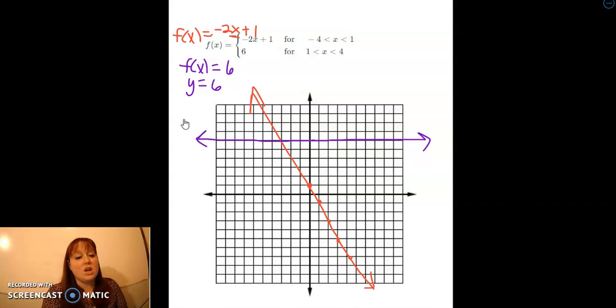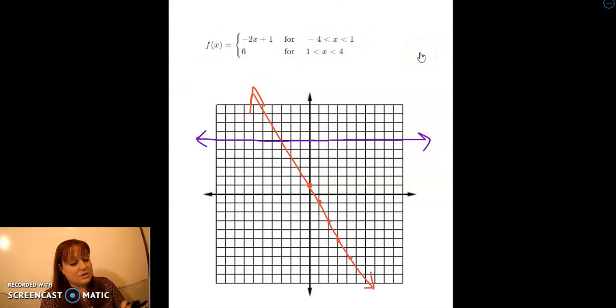Okay. So now comes the fancy piecewise part, because remember, I don't want to see both of these functions for the whole thing. I only want to see the red function when x is in between -4 and 1. So I take my highlighter and I go in between -4 and +1. I want to see the red function. So in this part, I want to see the red function. I don't want to see the red function any other place other than in this highlighted part, in this domain,